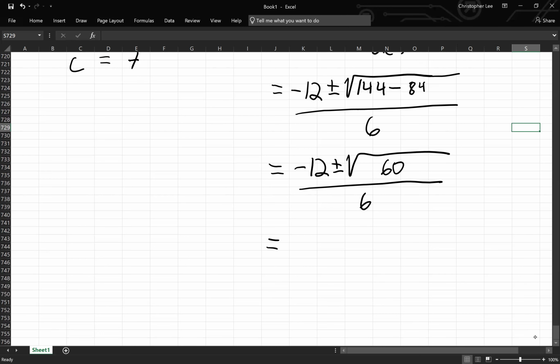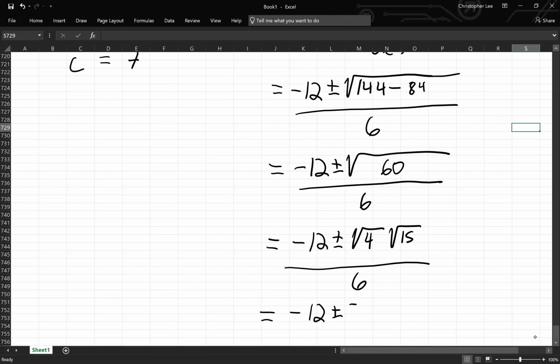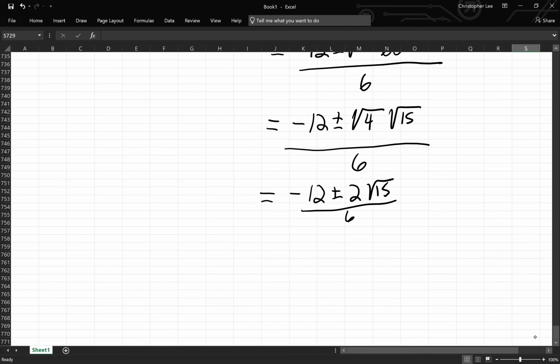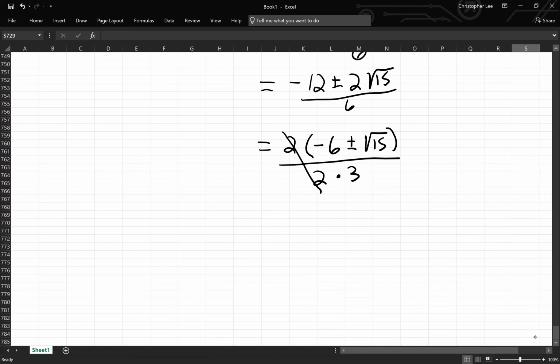60 could get broken down. This would be like square root 4 and square root 15, right? 15 and 15 is 30, 60 up, and then this would be 6. Keep it going. This is negative 12 plus or minus 2 square root 15 over 6. Let's do a greatest common factor of the numerator of 2. That's going to leave me back with negative 6 plus or minus square root 15 over, let's say, 2 times 3. 2's will cancel. So I'll have negative 6 plus or minus square root 15 over 3 as an answer,